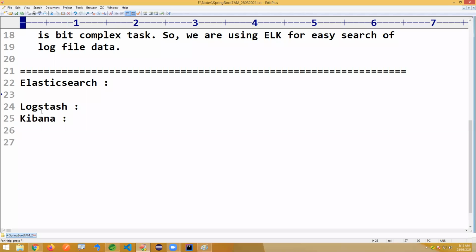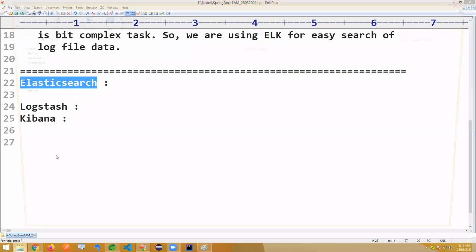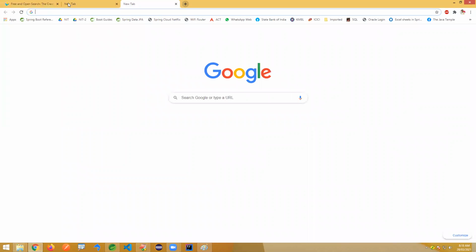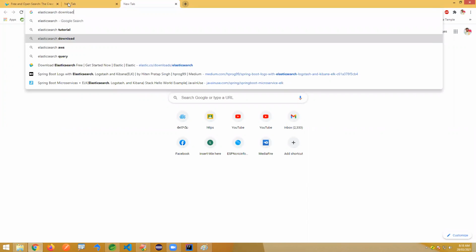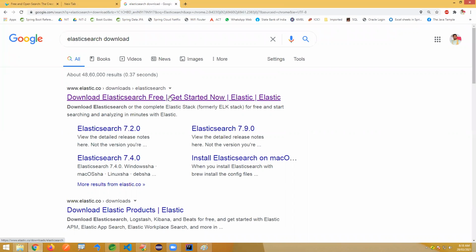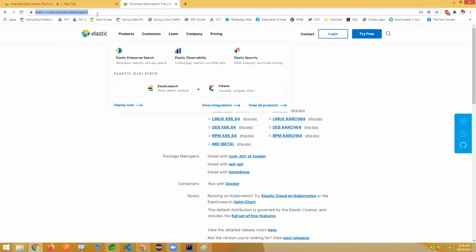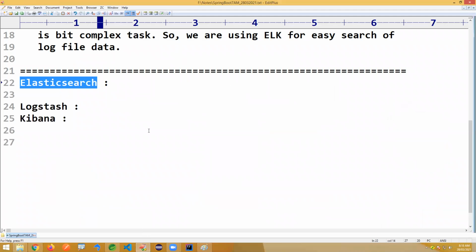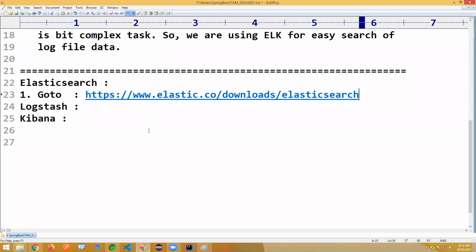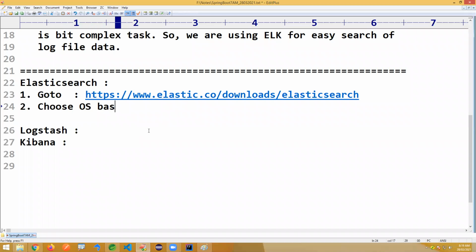First, Elasticsearch. This is the download location. Step number 1, go to the Elasticsearch location and choose the OS-based link.